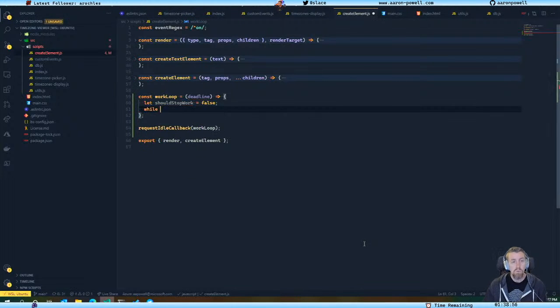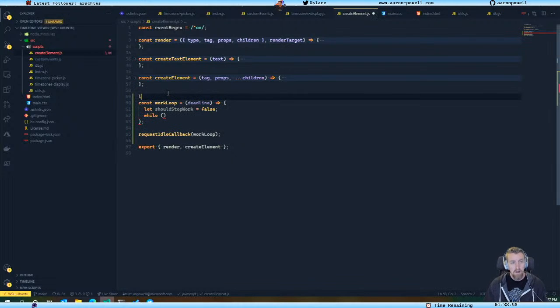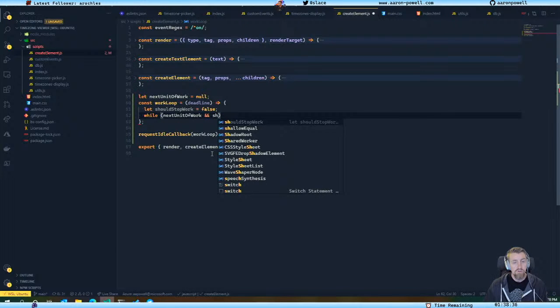So we'll do a while loop. We're also going to need to track the things that we're going to do. That's the next unit of work, and that will be nothing initially because we haven't defined a unit of work. So while there is a next unit of work and we shouldn't stop work,